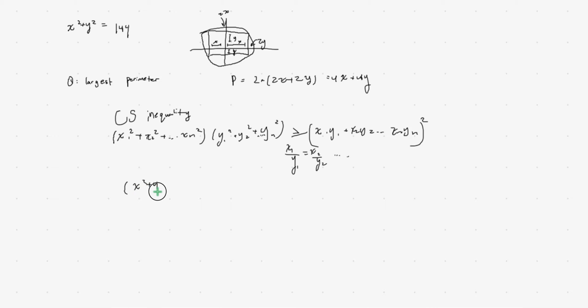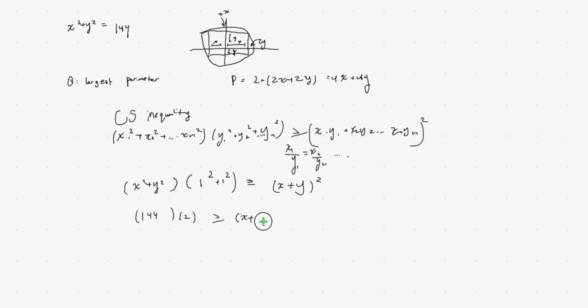So x squared plus y squared, without the equal sign, and then we want x with degree 1 and y with degree 1 on the right side, so we can do 1 squared plus 1 squared. That is greater than or equal to (x plus y) squared. And on the left side, this is going to be 144 times 2, greater than or equal to